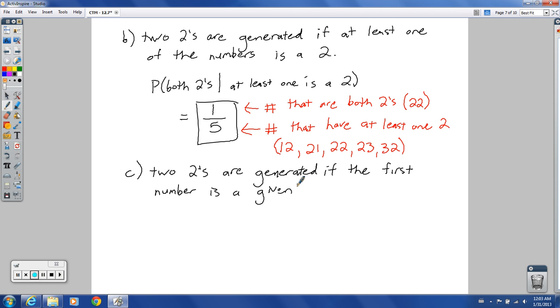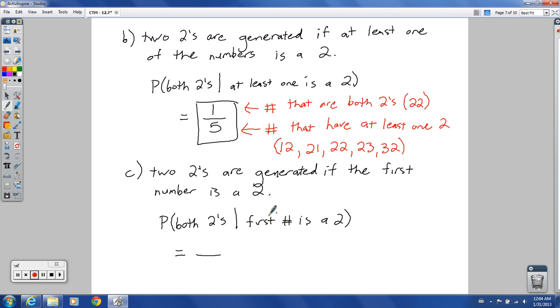So again, think of it as a given. Sorry, I'm thinking of what I'm going to say next. Consider the word "if" again. You can rewrite this as: both 2s are generated given that the first number is a 2. So we could say this in probability form: both 2s, given that the first number is a 2. And I hope at this point you're starting to see a pattern develop, that the number